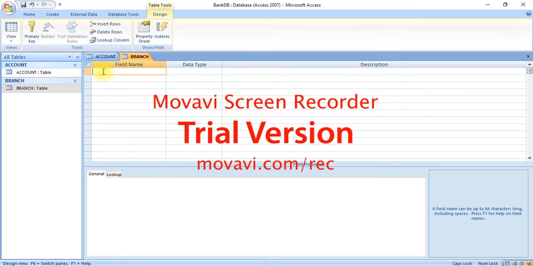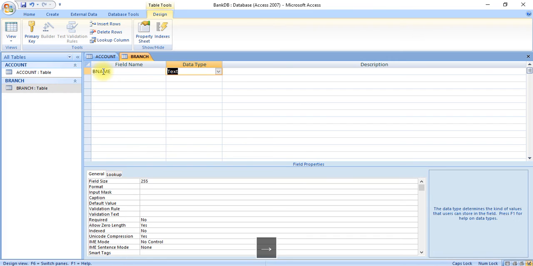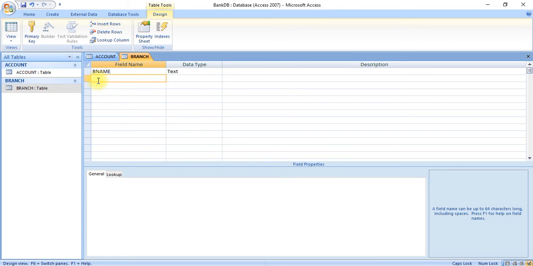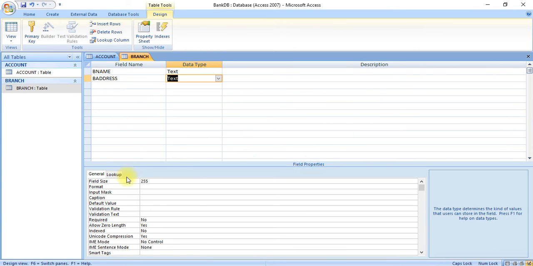Our first field for the branch table is bname, data type text, size 5. Second is branch address, data type text, size 50.